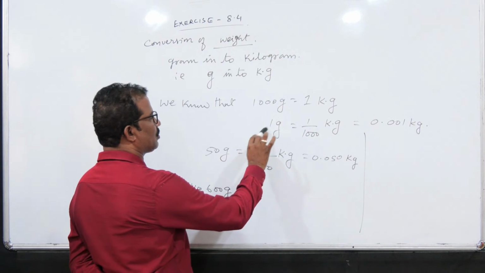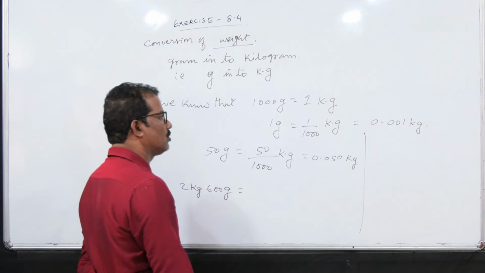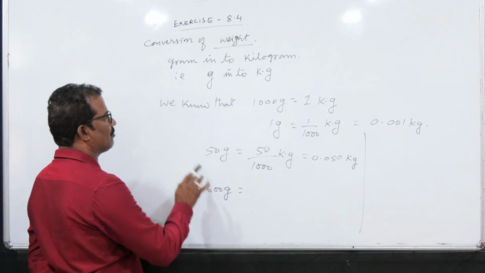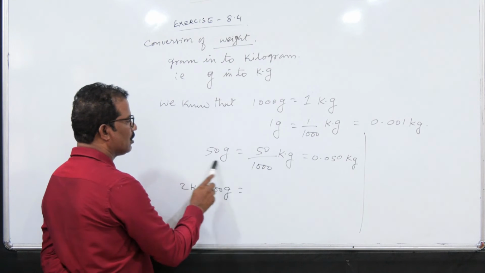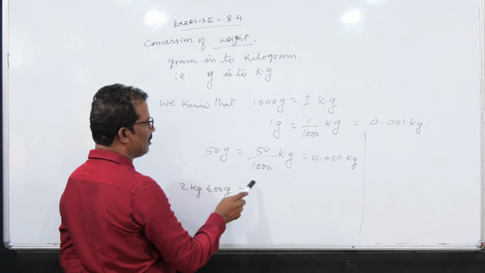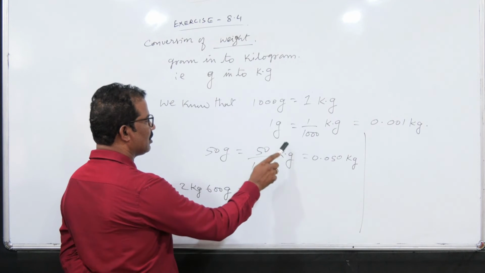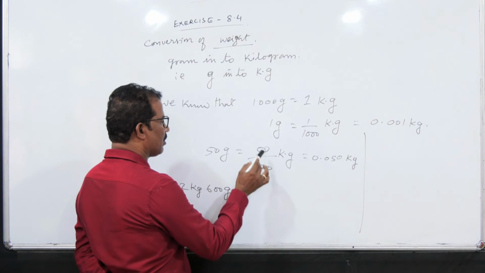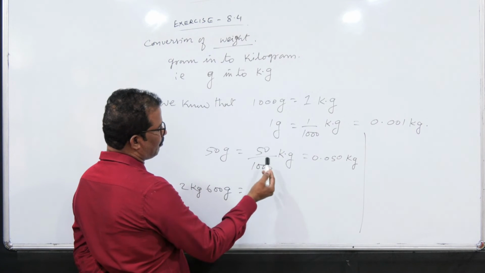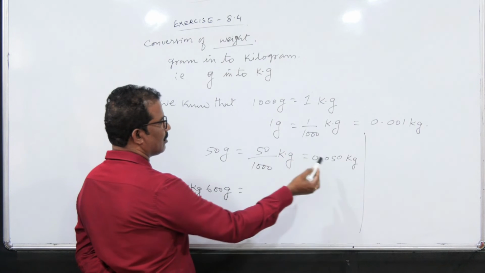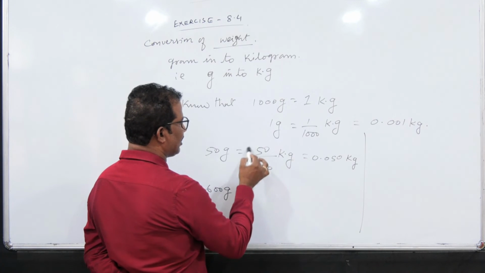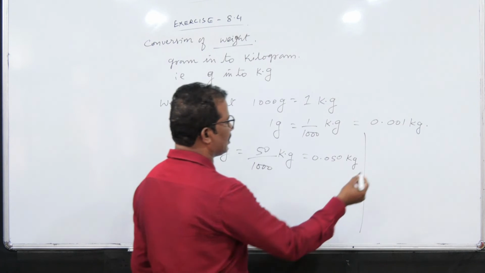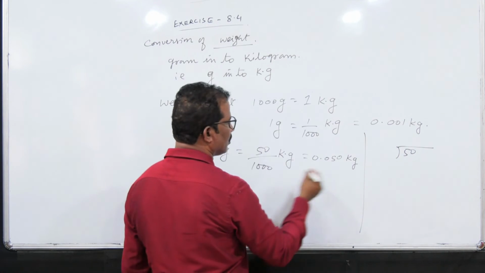So if you want to convert gram into kg, we can directly multiply by 0.001 or simply divide by 1000 only. So see one example, 50 grams to convert into kilograms. So this is 50 by 1000 kg. As soon as we divide by 1000, this will become gram into kg only. So now 50 by 1000 means if we divide 50 by 1000, the decimal place will move from right to left 3 places. That is 1, 2, 3. No number is there here, so we can put a 0 here, then 0.050 kg only.